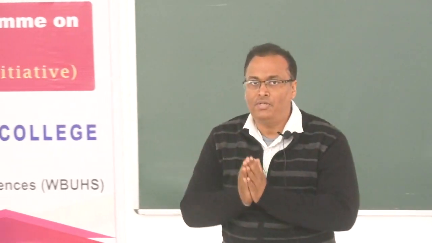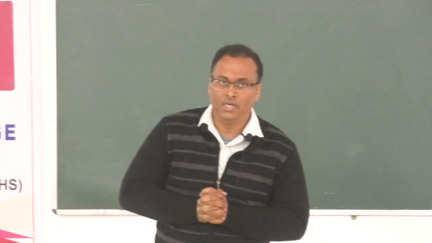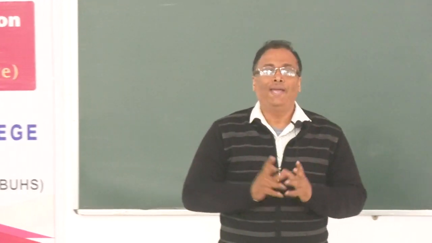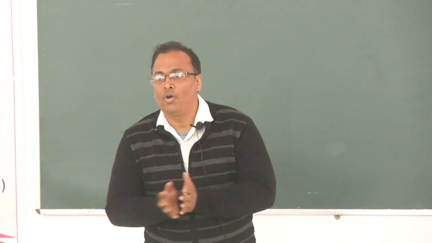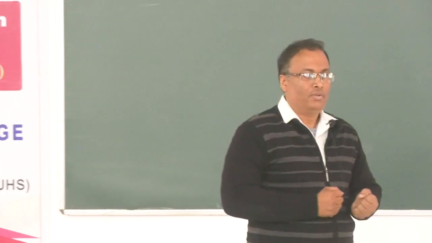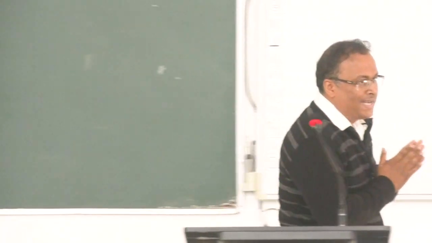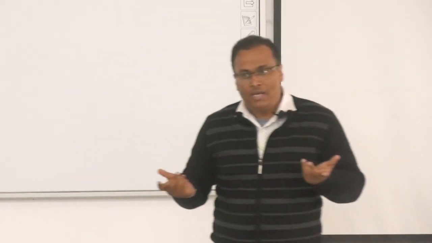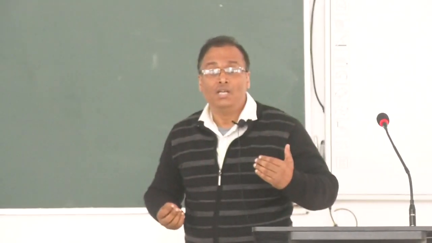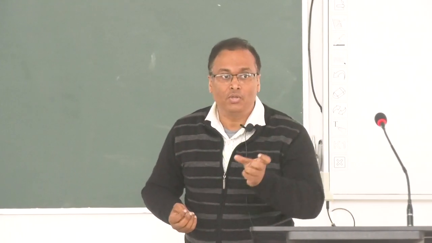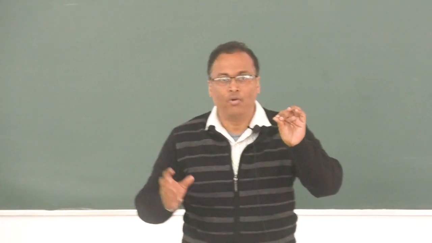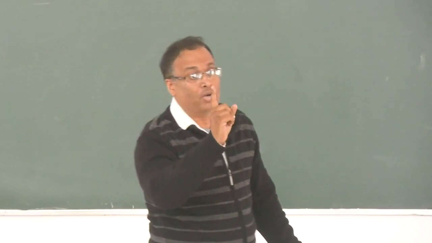What is RBC? Because RBC is a requirement for any patient coming with some pallor, respiratory distress, fatigue. Why is it happening? Because of no oxygen. Oxygen carrying capacity will be decreased if the RBC level is small. If the RBC level decreases, then our oxygen carrying capacity will decrease. Because in RBC there is hemoglobin, in hemoglobin there is iron. Iron carries the oxygen and the globin part carries the carbon dioxide.